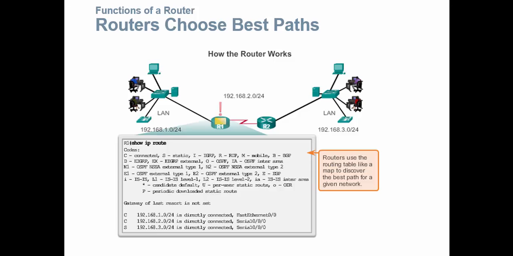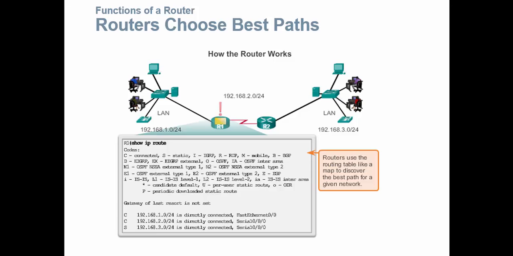You'll see in this example how the router chooses its best path. We have a PC on the LAN network 192.168.1.0 that is sending information to the network 192.168.2.0. So the information goes from the device through the switch to our router. Here we've done a show ip route for the router so that you can see the routing table, and you'll see that this particular router has two directly connected networks. One is through the FastEthernet port 0/0, the other through the serial interface 0/0/0,